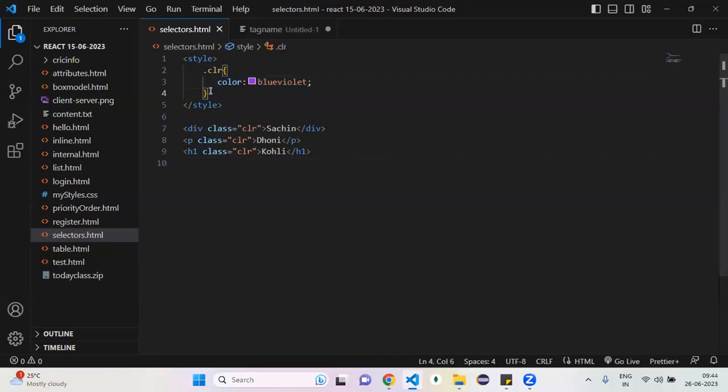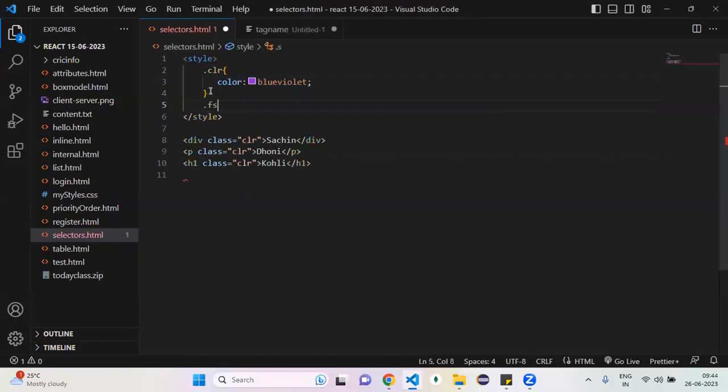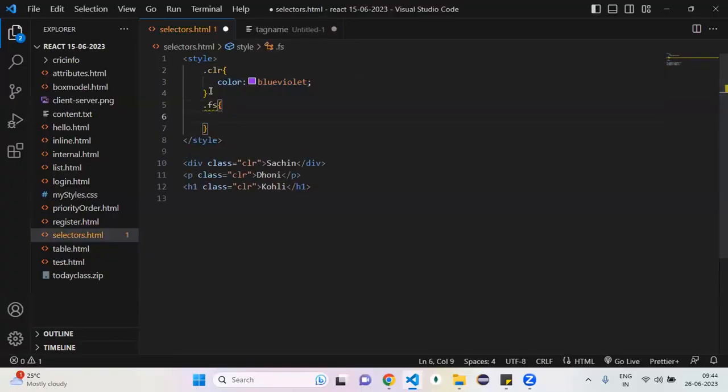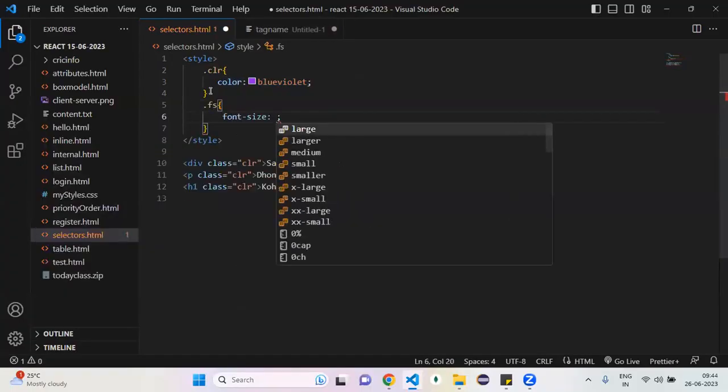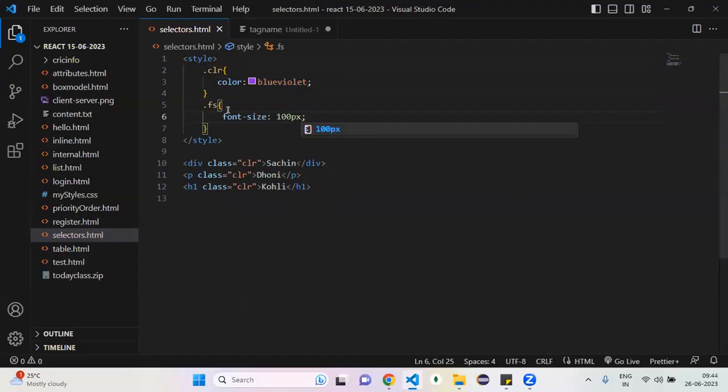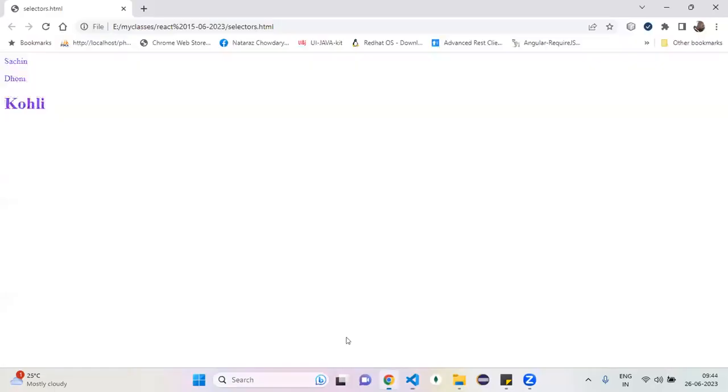I have one more class. I want to create one more class. Font size equals 100 pixel. So this class I want to add to my Sachin element. So how can we add it? Can I write like this? Now if you observe here,